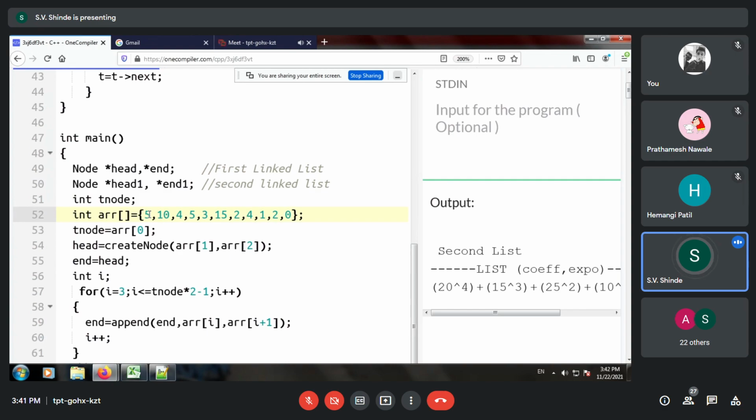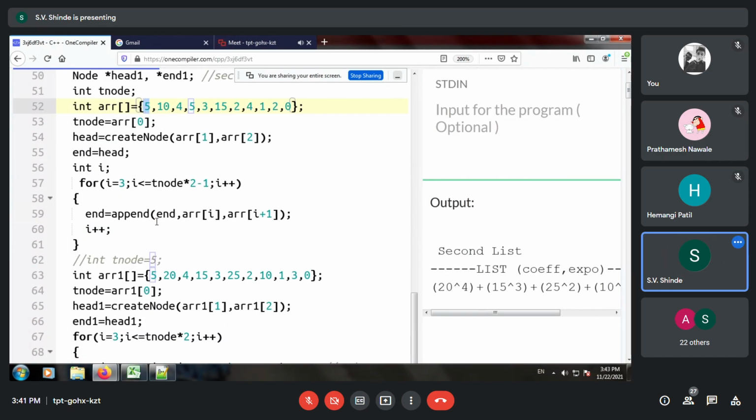Only thing is you have to understand the first element in the array is given as the number of nodes. It is very important. Now your task is, can we add two polynomials by this? So naturally we have to compare the exponents of them.